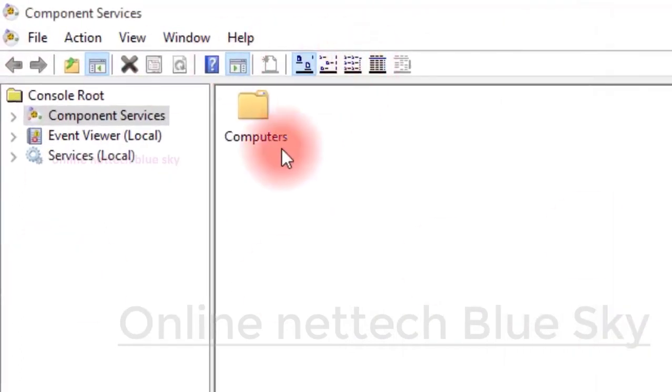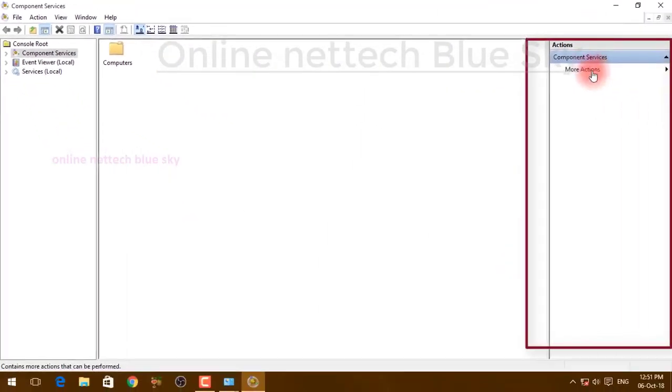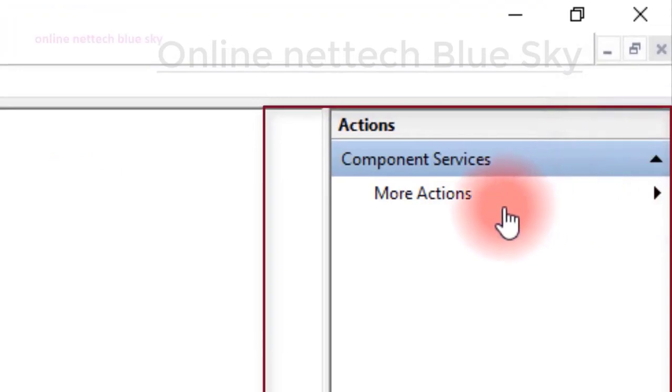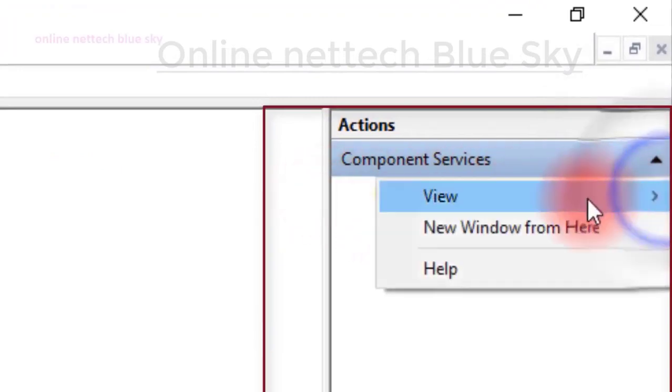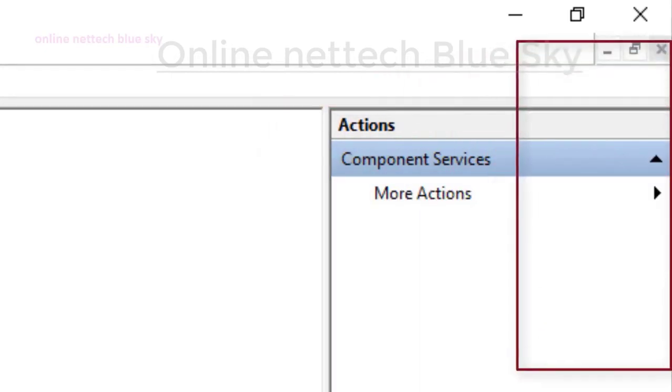I'll just discuss how we can identify IDs, and how we can identify services, files and services. So what is an ID? ID means the different types of every component, every mouse. You can see the Action pane, Action services. Inside the Action pane you can see more actions. You can take more views: large icon, list, and different types available in this option.